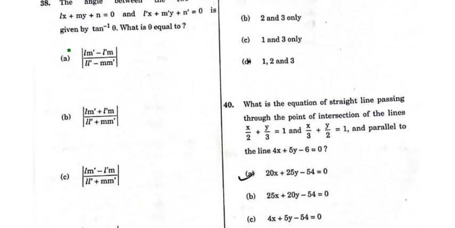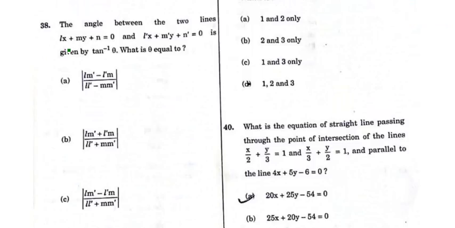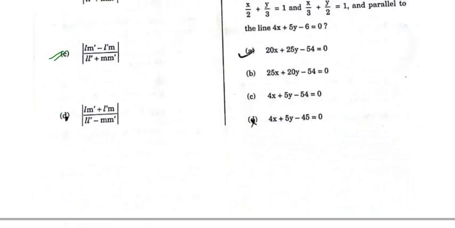Next question is the angle between the two lines lx plus my plus n equal to 0 and l dash x plus my dash y plus n dash equal to 0 is given by tan inverse theta. What is the theta equal to? So you have to solve this question and get the answer. 38 का C, lm dash minus l dash m upon ll dash plus mm dash. Next question is